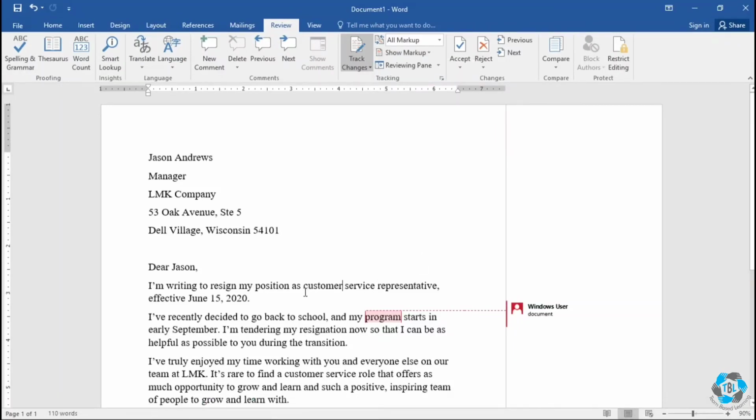After doing that, if I want to delete a text, for example this, I select it and click on the delete key, and the crossed out text will go outside of the document on the margin side, just like the comment. And if I want to add text here, it will be underlined but will remain in line with the document. Earlier we saw that the crossed out text remained inside the document, but after showing it on the balloon side, it goes outside of the document. So it gives a clearer idea of what has been deleted. Now you can accept or reject the changes just like I showed before.